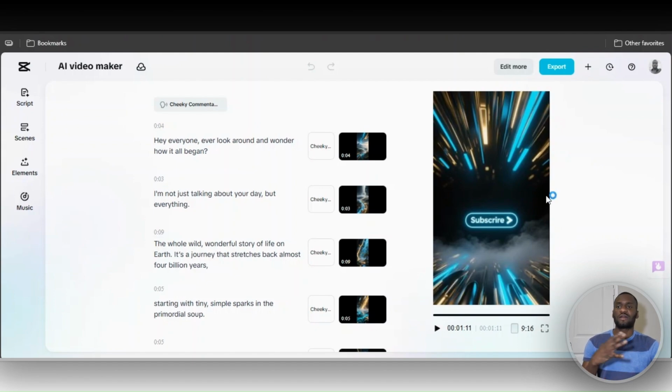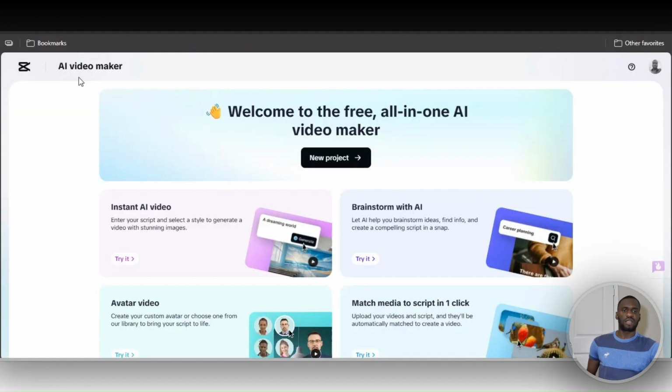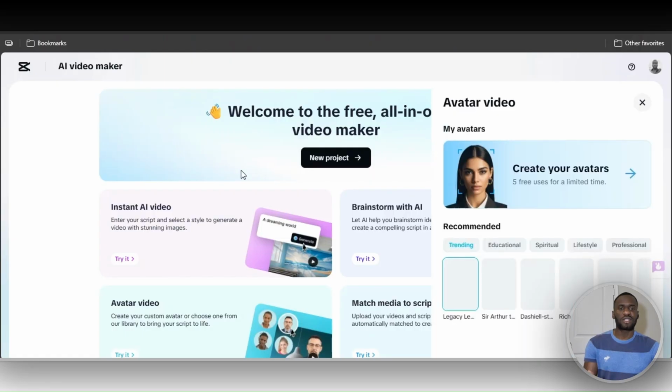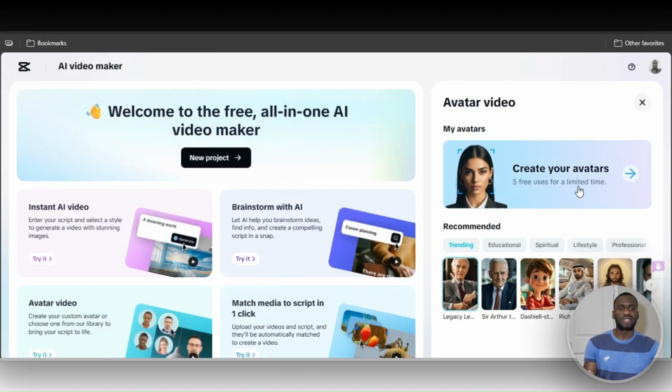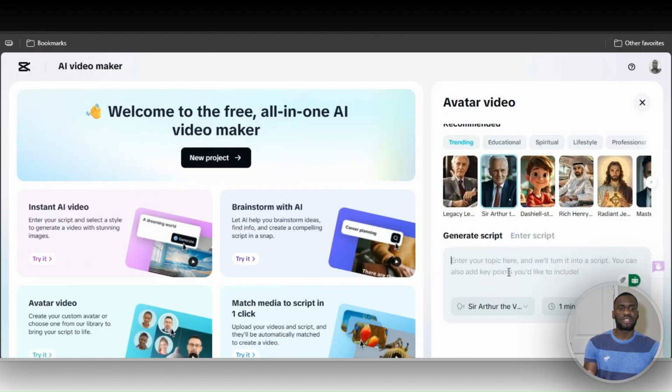Now let's try out the last one, which is gonna be the AI avatar maker. Right here it says avatar video, so once you click on it, you'll be able to create your avatar. It says 5 free uses for a limited time. So I'm just gonna click anyone that I like, and let me just click on Star Author. And if you scroll, you can generate a script or you can enter a script. It says enter your topic here and we'll turn it into a script. I'll just say